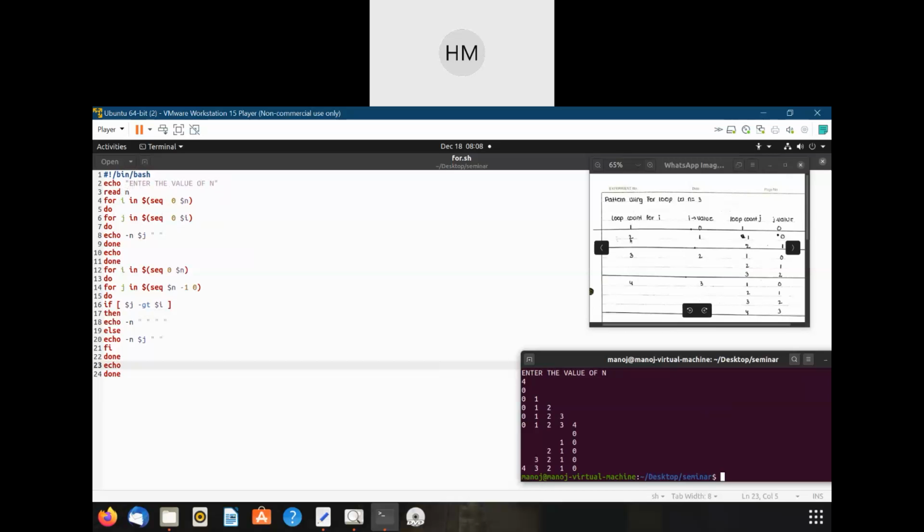So here I have written loop counts. Loop count means for the first loop, for the second loop, for the third loop, and for the fourth loop. Let me take n equal to 3. I have assumed n equal to 3 for a sample example. So when we take n equal to 3,